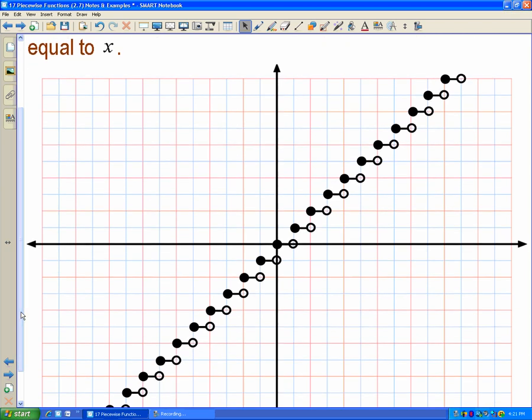So let's say I pick the number 3. Well, the greatest integer function says that 3 has to be 3. It says that 2 has to be 2. It says that 4, 5, 6, 7 have to be 4, 5, 6, 7. And that's true. But it also tells me